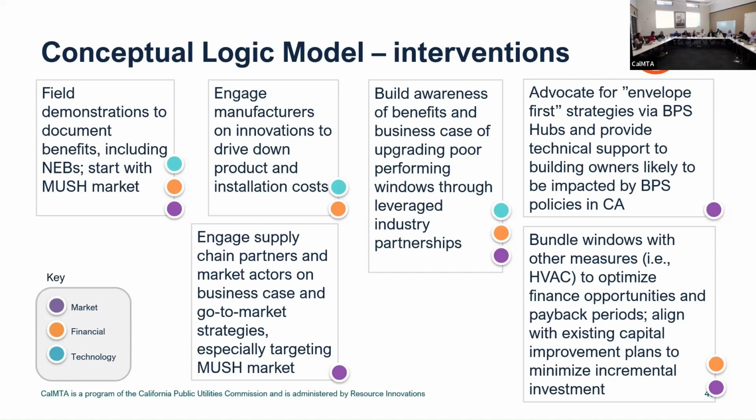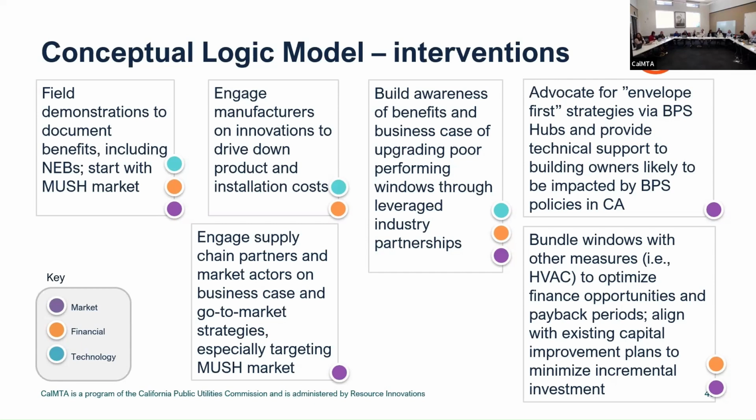Talked about installers engaging the supply chain, focusing on the mush market. Building awareness of the benefits and the business case. As we get this data, we need to get it into the right hands of people who make decisions earlier in the process, to the point that Fred's making. If it's a building owner who's in the process of an upgrade, they've already committed to HVAC, that's too late. Who are the designers, the architects, and who are the organizations that represent building owners in commercial real estate who can elevate the strategy of investigating this first, the BOMAs of the world, for example.